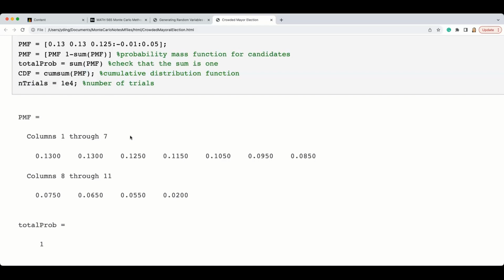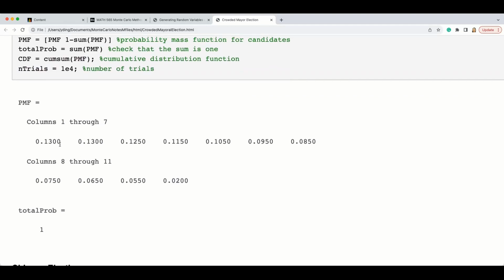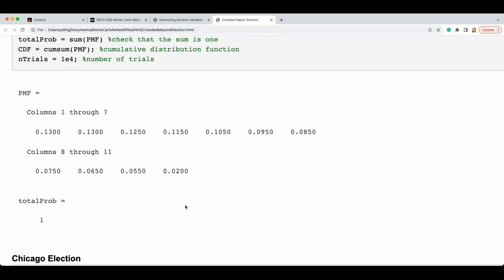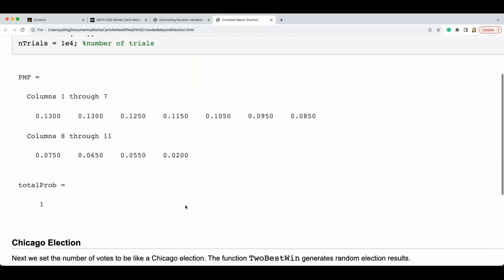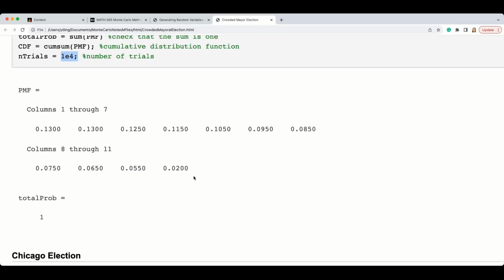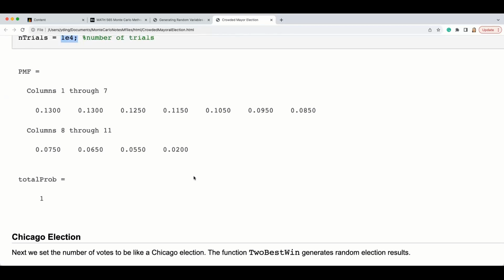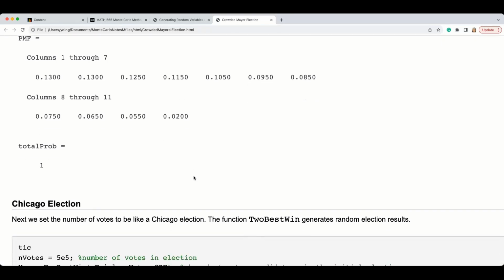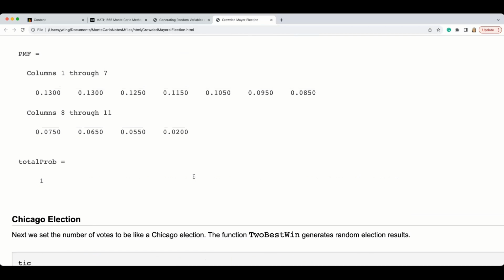This is to get the cumulative distribution function of this random variable. So let's just consider this random variable will have 1, 2, 3, 4, 5, 6, 7, 8, 9, 10, 11. So 11 candidates have those numbers, and then we do the cumulative distribution function. So sum them up. Okay, and this is the end. So we want to see if the top two can be elected in the initial round. So how can we try to do it?